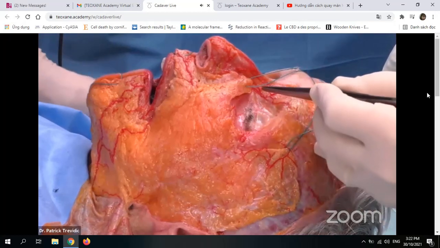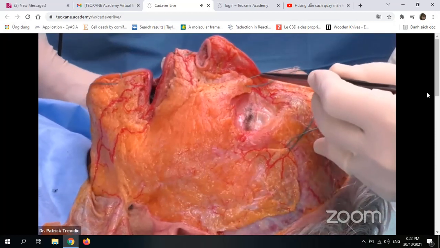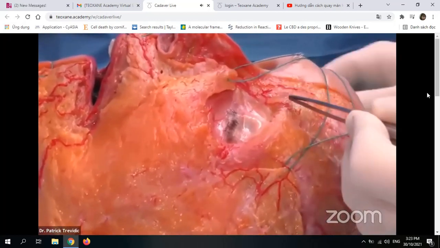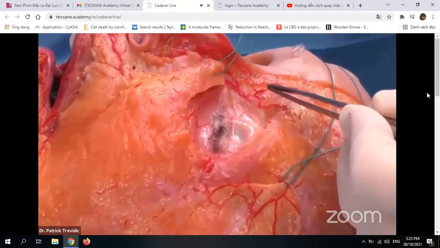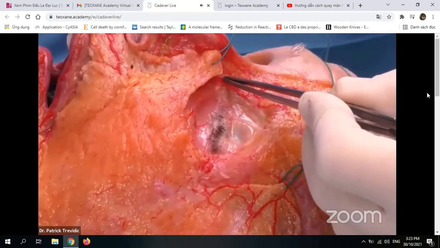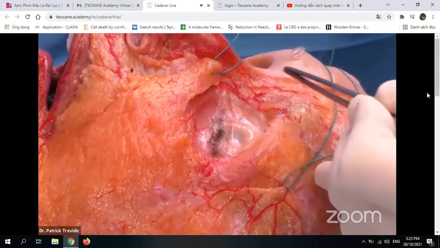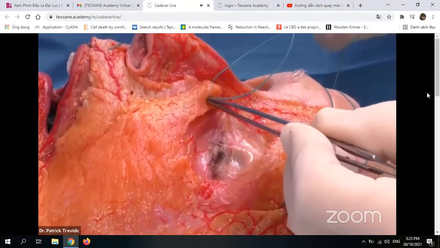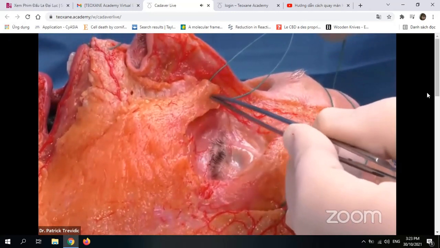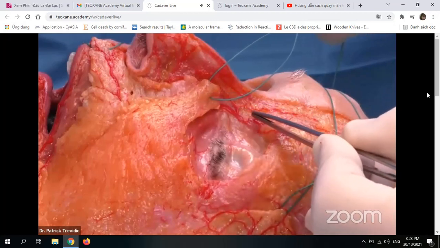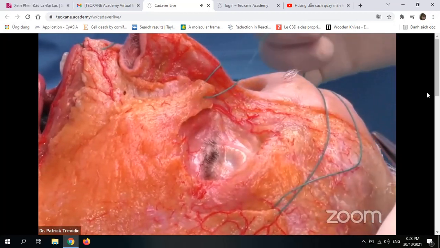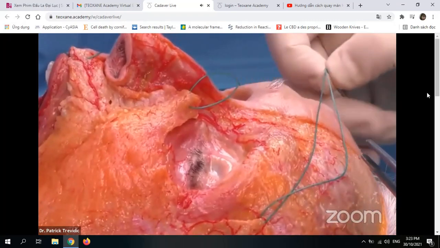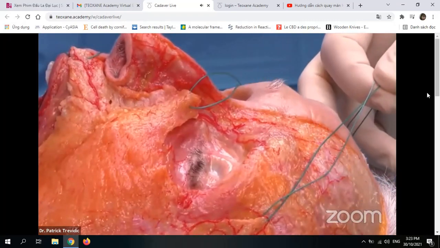If we are zooming a little bit in this area here, you can see the angular artery of the face just here, that is far away from the tear trough that is here. This artery is in the nasojugal groove. If we go up, we remove here the fat, and the dangers will be superficial. And here, if we go to the temple,